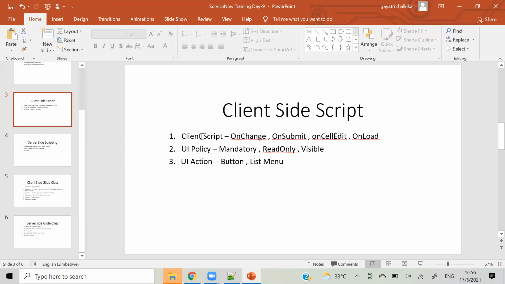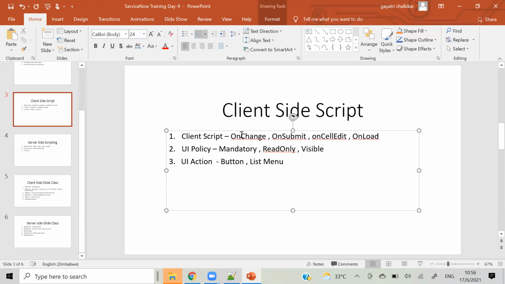For client side script we will divide it into 4 days: one day for on change and on submit, a second day for on cell edit and on load, one day for UI policy, and one day for UI action.